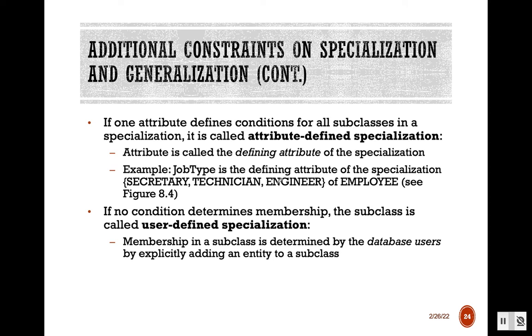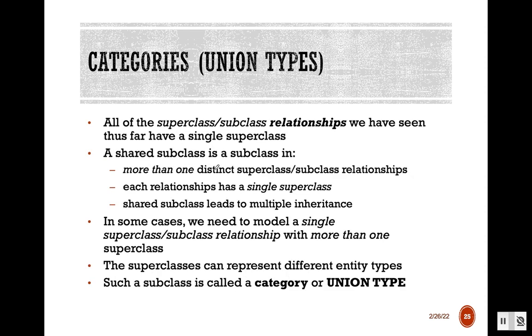So if one attribute defines the condition for all subclasses in a specialization, it is known as attribute defined subclass. Attribute defined subclass or attribute defined specialization. The attribute is called the defining attribute of the specialization. For example, let's say I have employee, and from the general class employee I can create some special subclasses like secretary, technician and engineer, and these subclasses were created based on an attribute known as job type. Okay, so in that case I can show that